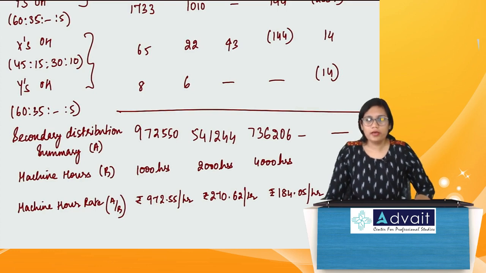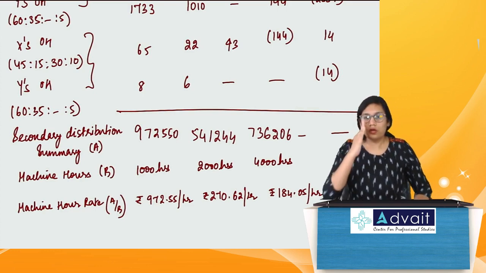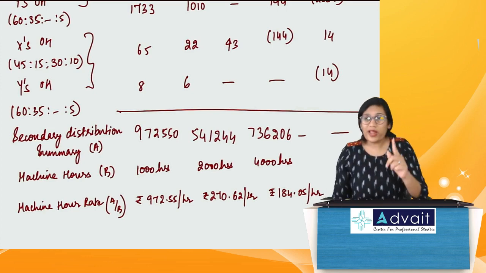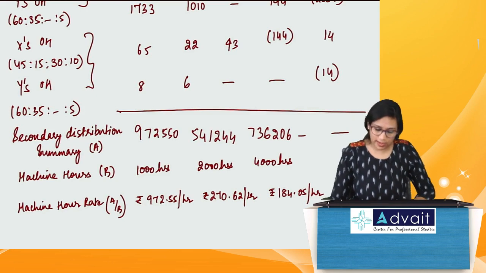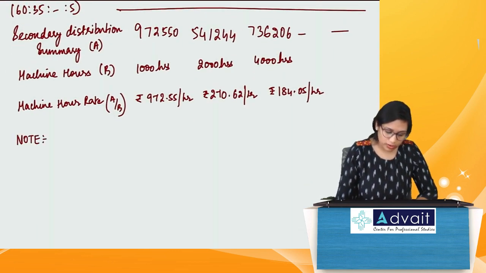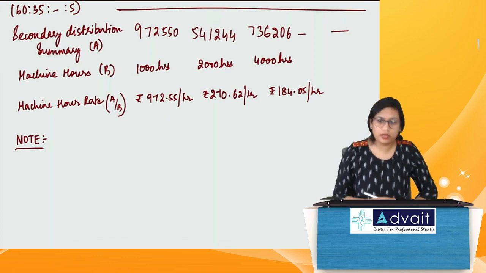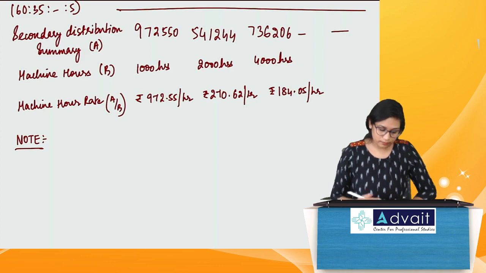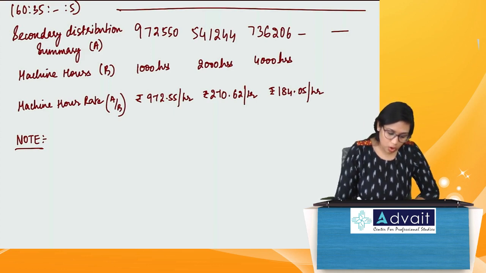Guys, okay? So we have completed this problem. We have done step 1 to step 6. Now only one thing was pending. What was that one thing? We had to write that note. Correct? We had to write that note. So please write down the note. So this is note 1.